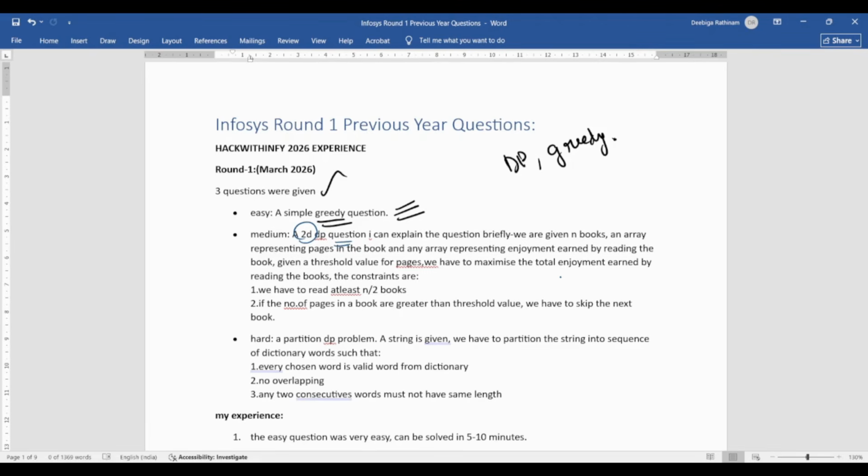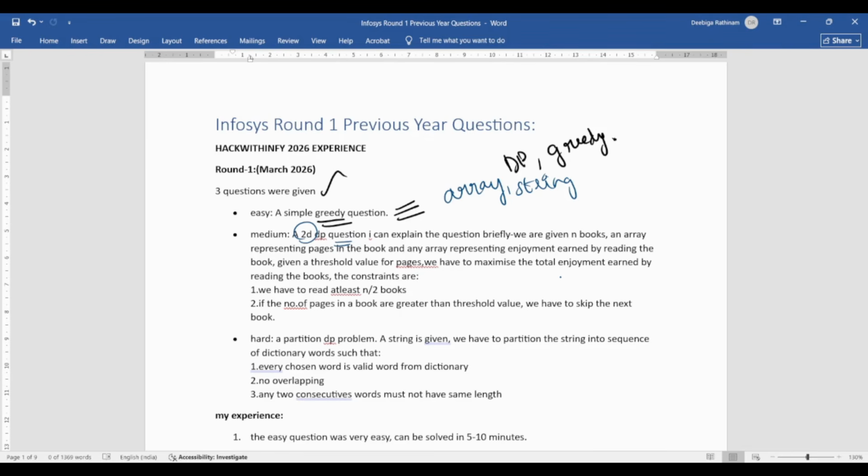Okay, so easy level of question will be mostly simple array, string manipulation or greedy approaches on arrays and string. Okay, and medium level will be you perform these patterns on these arrays and strings, and on top of that you need to perform DP or greedy. That is going to be a medium level question.